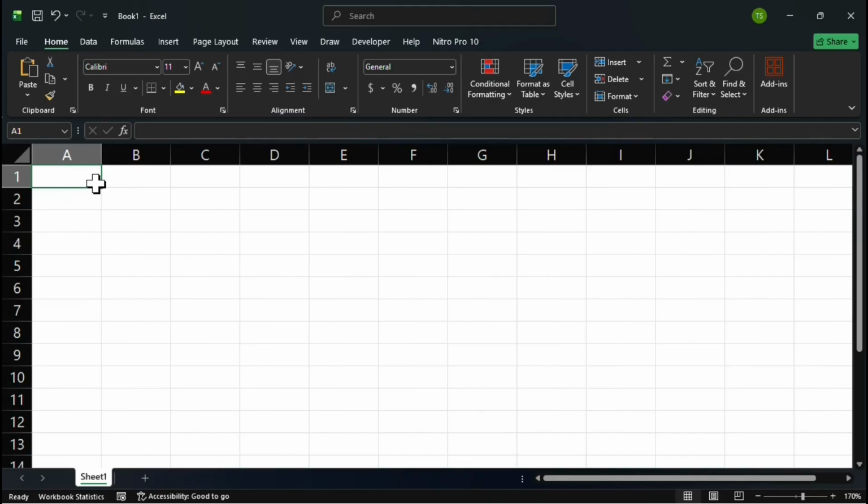When a column and row intersect, you get a cell, the basic building block of Excel. Every piece of data sits in a cell. The cell I am clicked on right now has a thick green border. This is called the active cell. Whatever you type goes in here.